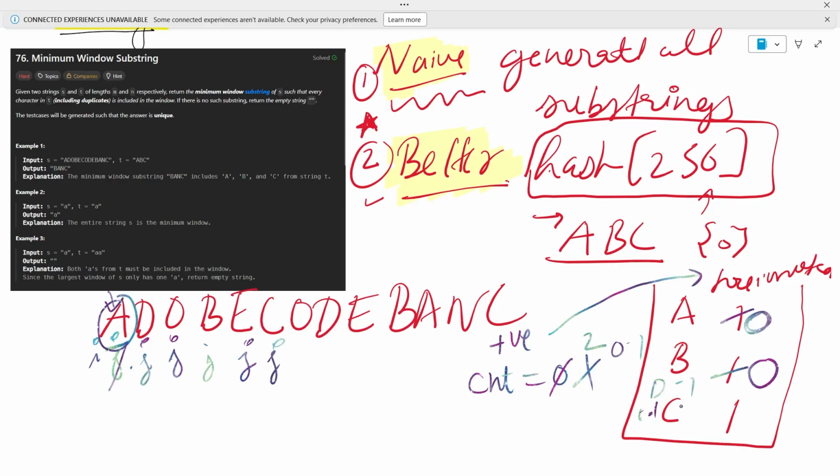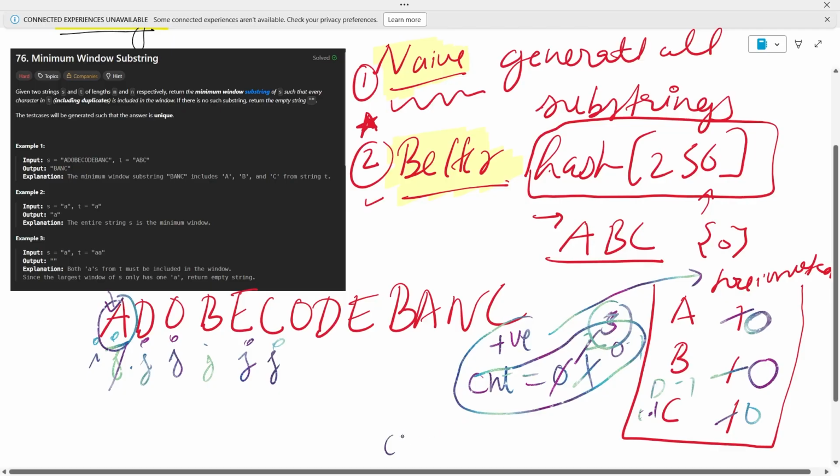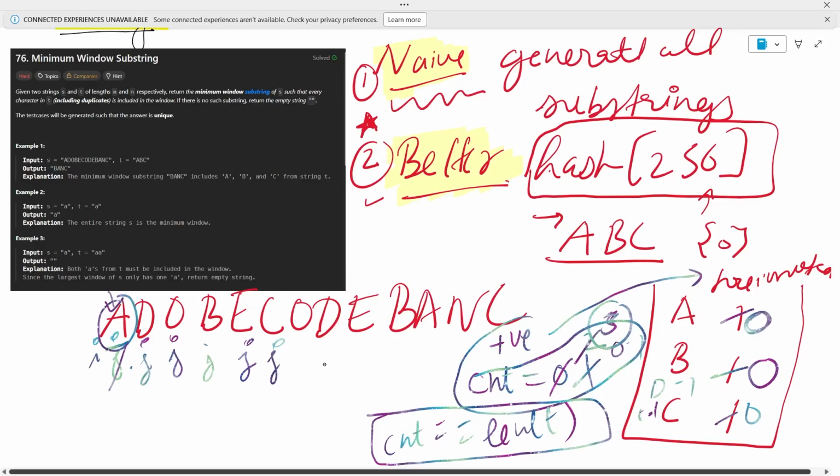And again C becomes 0. The count becomes 3. Now, wait here. Now, as you can see, the count is now equal to the length of T. So by this method, to understand this approach, to check that our range actually has those characters, we need